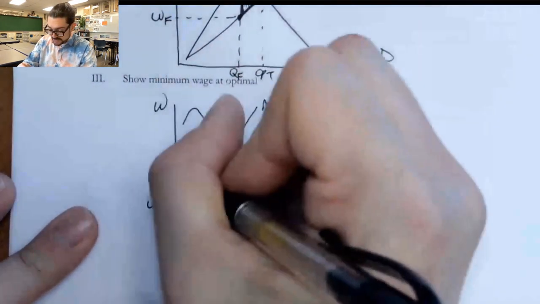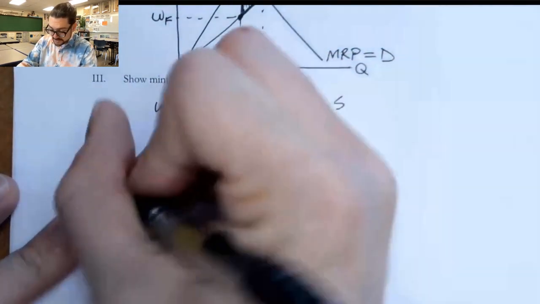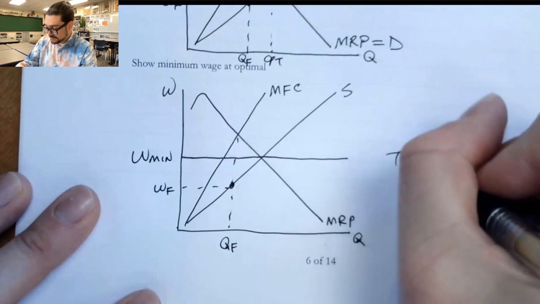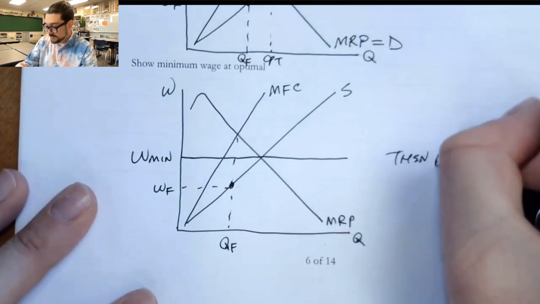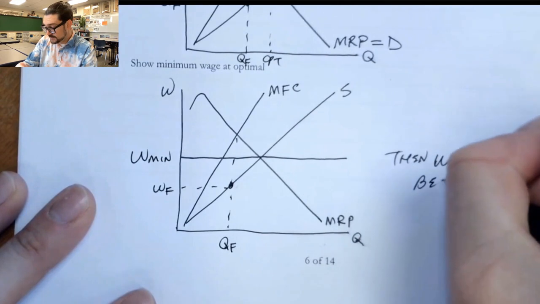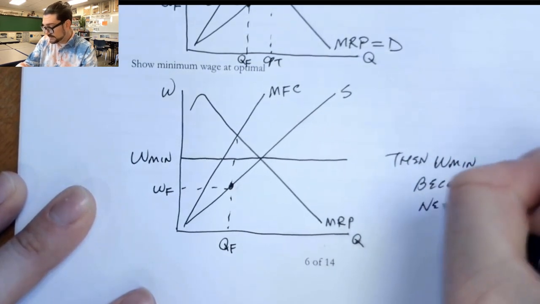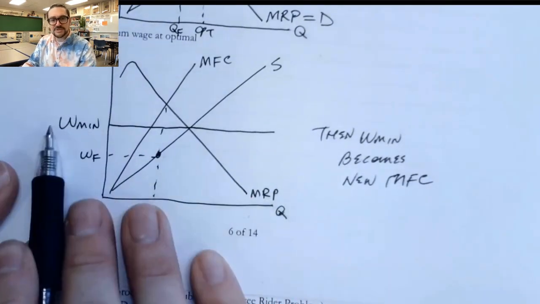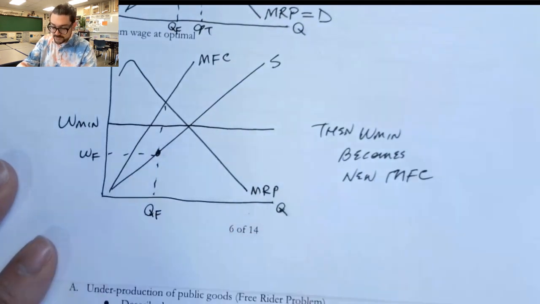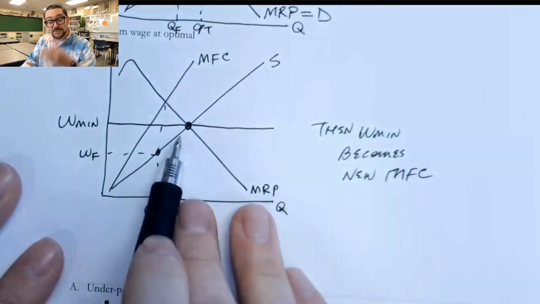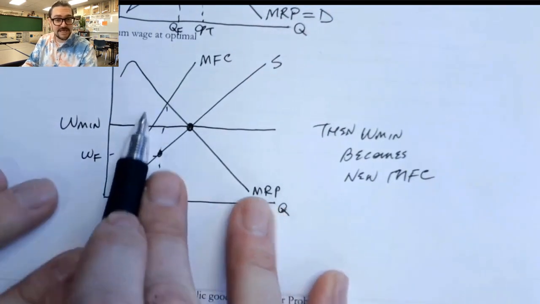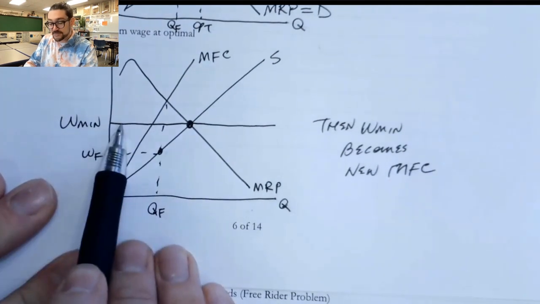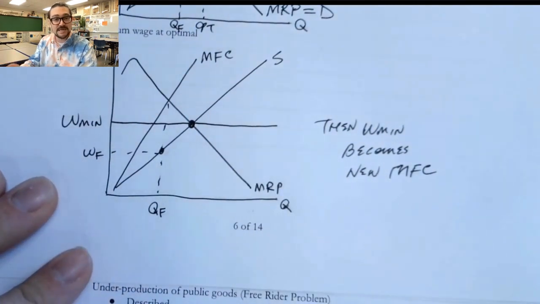But what we do is we put in a price floor, right? A minimum wage. And when we do that, then the W min becomes a new MFC. So this new minimum wage that you would put in, you would say, well, we're going to put it right here at the optimal. The reason we would choose the optimal is because that's what we want them to be paying their workers. They're going to go as low as they can, so we're going to put it right there at that optimal. And that causes every single worker to get hired for W min, which means the marginal factor cost for every single worker is now W min.